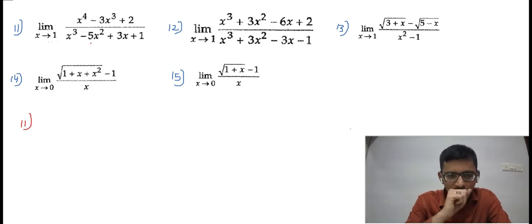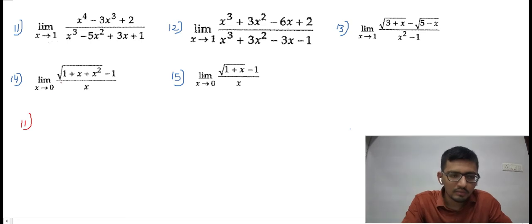After that, we'll study the rationalization method. Based on that, we are going to study examples number 13, 14, 15. To do this question, I will first explain the traditional approach. After that, there is also one shortcut method, which will be helpful from an MCQ point of view. But before that, let me explain the traditional method.